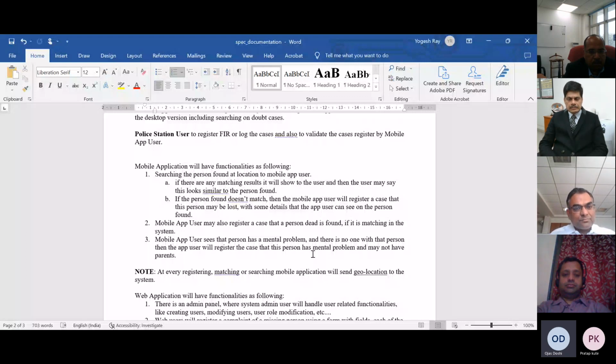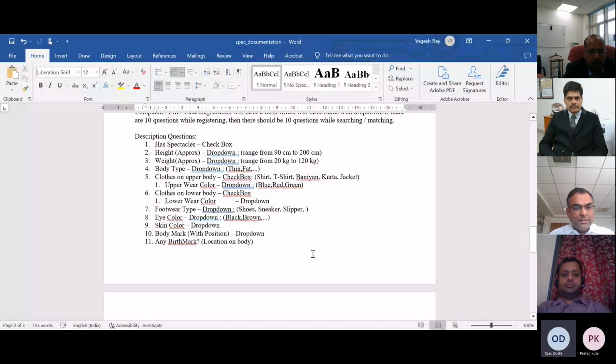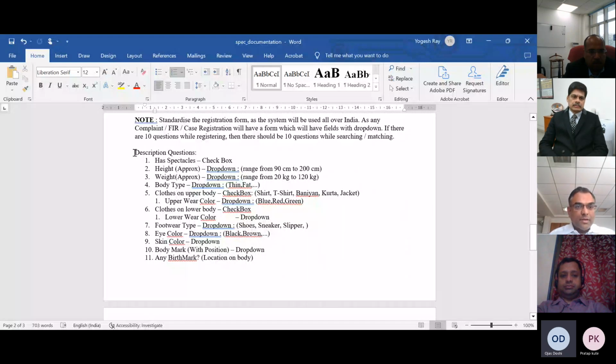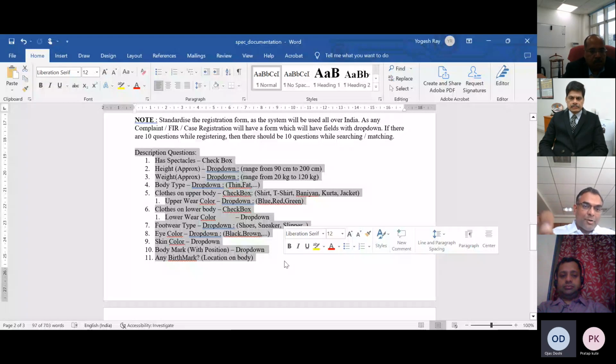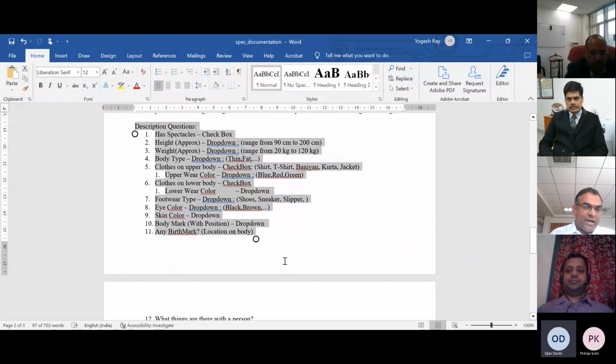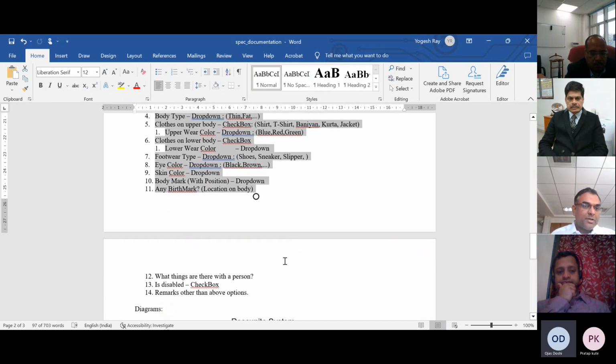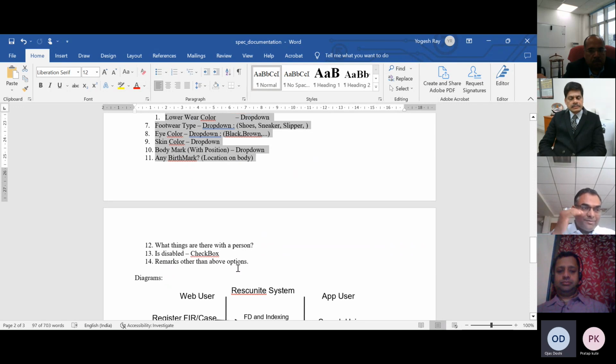Other details would be like here you can see the description questions. It has a spectacles checkbox, meaning there would be a drop-down or a checkbox for whether the spectacles are there or not, yes or no. Height, approximately, put the range. Weight, approximate weight. Body type, like thin, fat. Body color, clothes he is wearing: shirt, upper body dress, lower body dress. Eye color, footwear, body mark, birthmark,